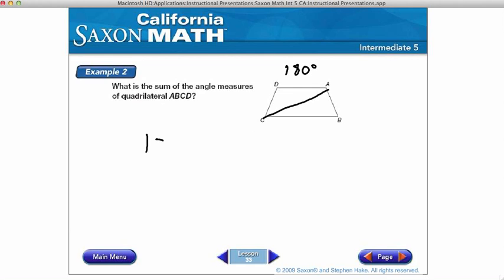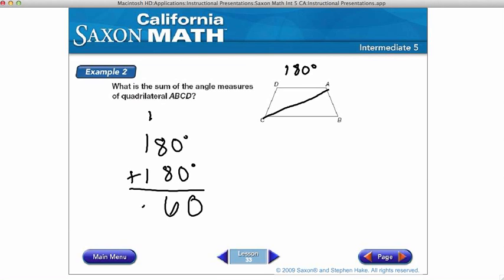So if I have 180 degrees for one triangle, but I also have 180 degrees for the second triangle, because we split this quadrilateral into 2 triangles, I'm going to add the sum of 180 degrees for triangle ADC and 180 degrees for triangle ABC,